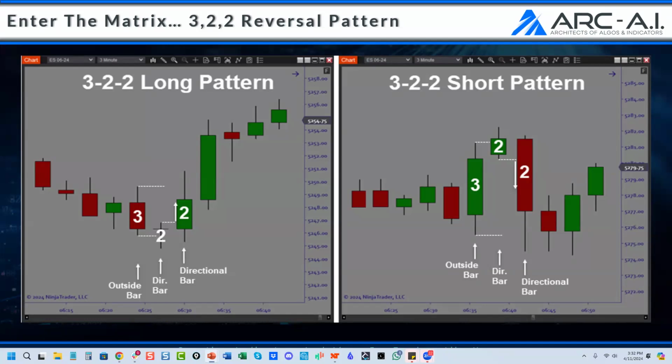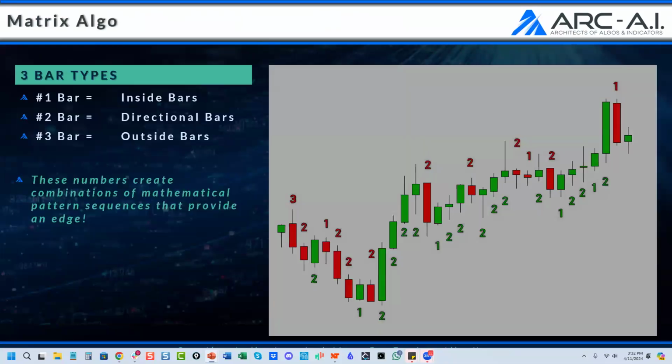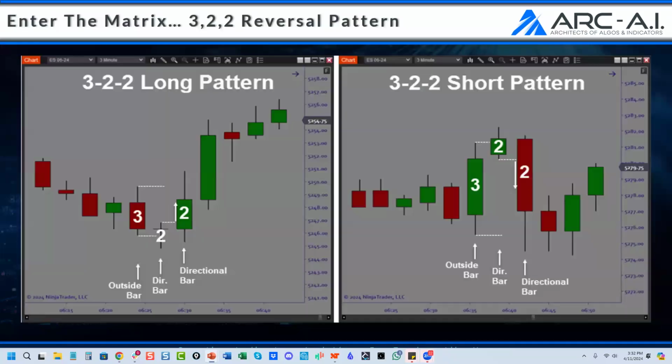It's not always higher highs and higher lows. It's the bar direction basically breaking out of the prior bar's range, breaking the prior bar's candle. So there's a lot of things that go into this, but long story short, it goes back to this: you're either an inside bar, a directional bar, or an outside bar. And then we start putting sequences into how those bars can be combined.